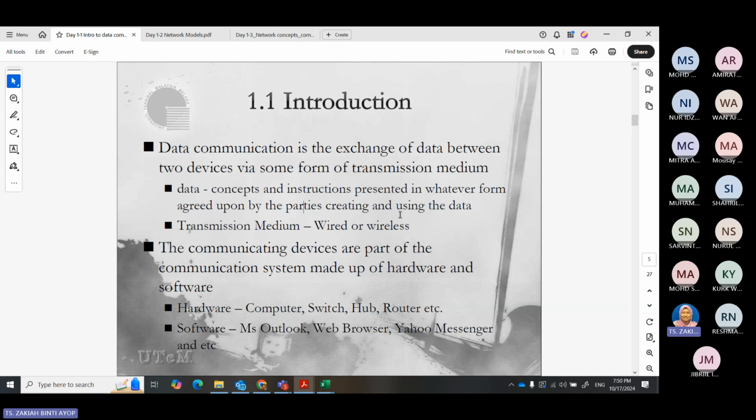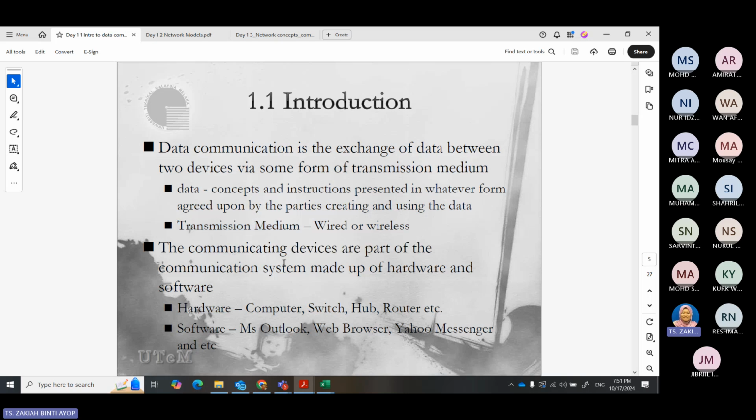For example, if we are using teleconferencing, like video conferencing, the data itself is the video, the moving pictures, and also the audio of the speaker that traverses from one side to another. But then what type of transmission will we use? Either wired or wireless.